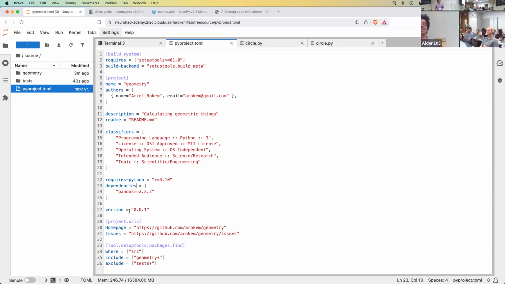That's a great question. Let me just repeat that. The question is, what if we try to install into the same environment multiple packages that have conflicting dependencies? For example, I have one package that requires pandas 2.2.2 and another one that requires 2.2.3. The answer is usually the later one is going to win, but sometimes you'll also get just errors